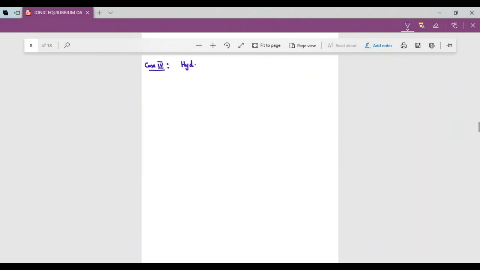Hydrolysis of salt of weak acid and weak base. And for discussing this topic, I am taking acid and base such that the dissociation constant of acid is equal to the dissociation constant of base. So here the salt is ammonium acetate. So there is a solution of ammonium acetate, CH3COONH4. The concentration of this salt is equal to C naught, right? And they will give the value of Ka and Kb.